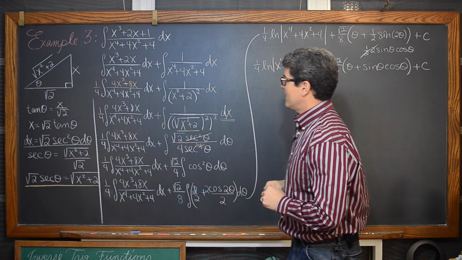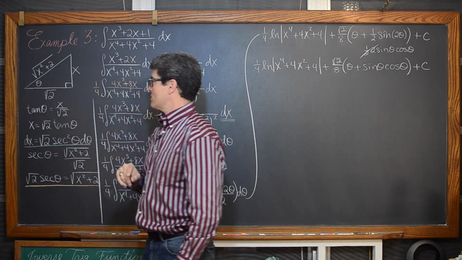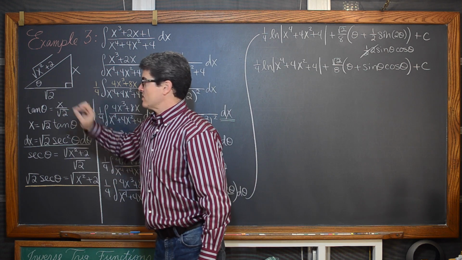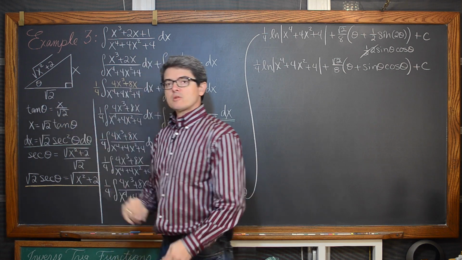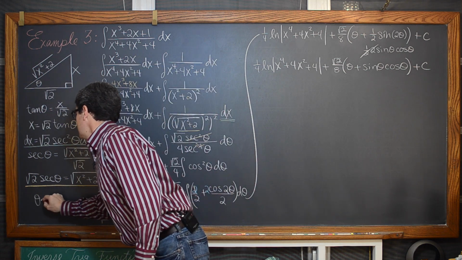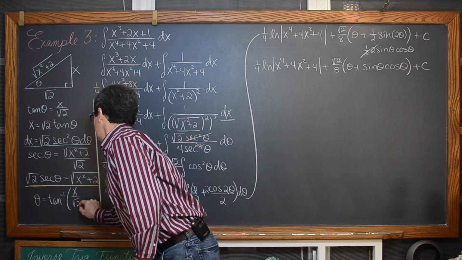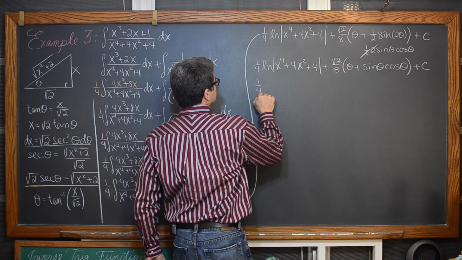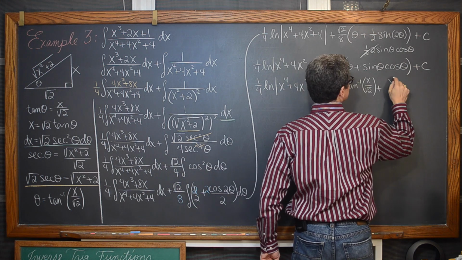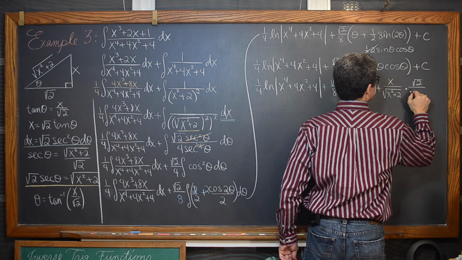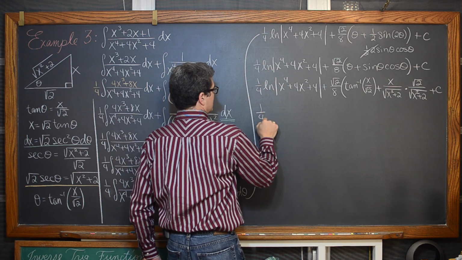And here is where we come in and go to work with our tangent of theta is equal to x over the square root of 2, that original trig ratio that we started setting up. We're going to just do the inverse tangent to both sides and see that theta is equal to the inverse tangent of x over the square root of 2. And then just multiplying those two terms together, we have finally